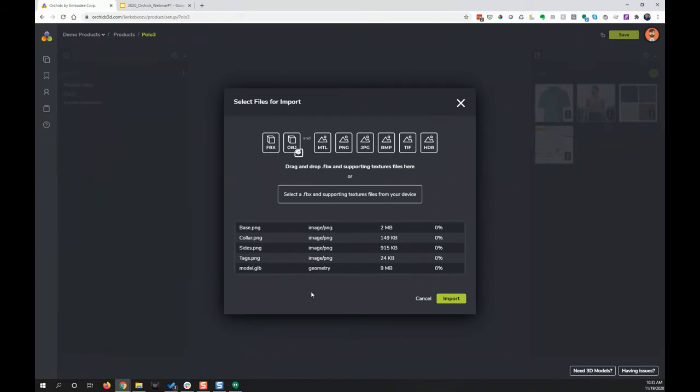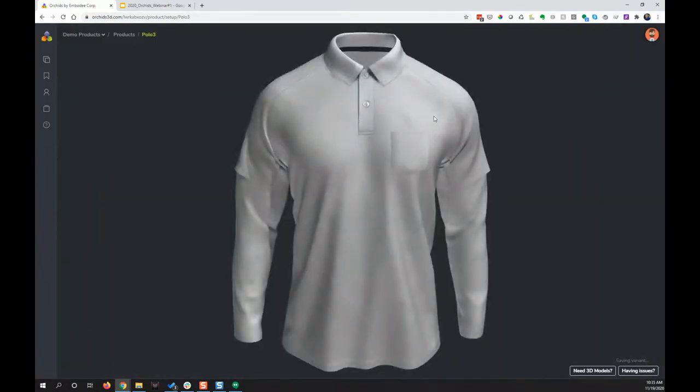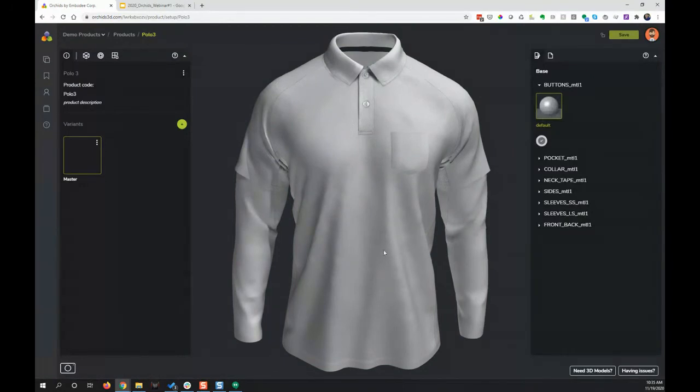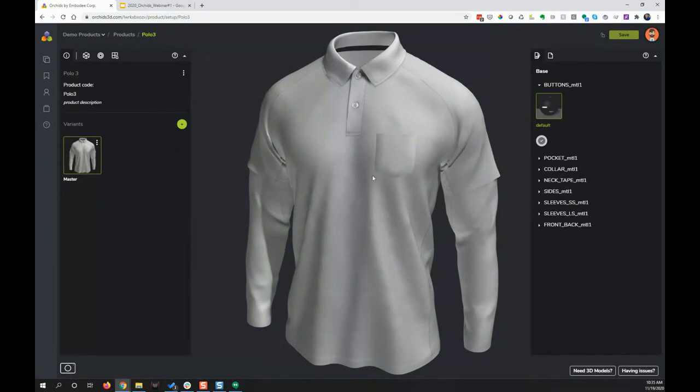Here I've just added these files here, and I just hit import. And here on the web, this product is imported. So again, I am Joe. I'm the artist. I've created my model. I'm now importing it into the platform, so this product can then be set up and different variants can be created. This doesn't take very long. It depends on the size of the model and then the associated textures. But once this product is here and it's ready to be set up, anyone coming to this product can actually view this product. Okay, so this is just an example of a quick import.